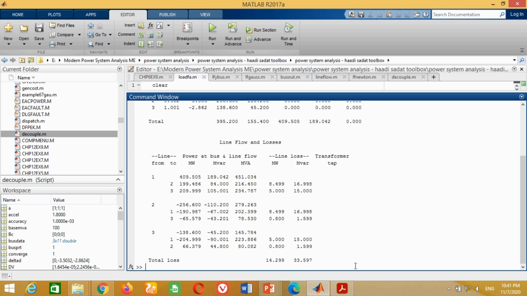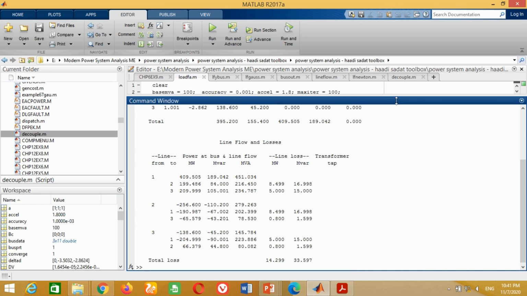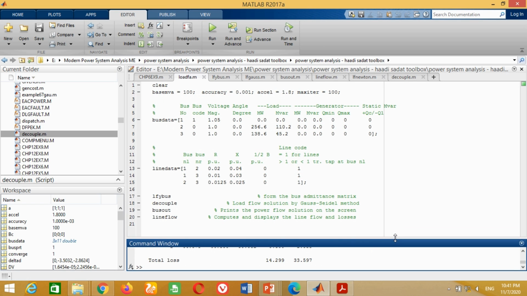Friends, in this video tutorial, I have discussed how to perform load flow analysis using the Gauss-Seidel method, Newton-Raphson method and fast decoupled method. By using the same strategy, the load flow analysis of any power system from small to large size can be carried out.